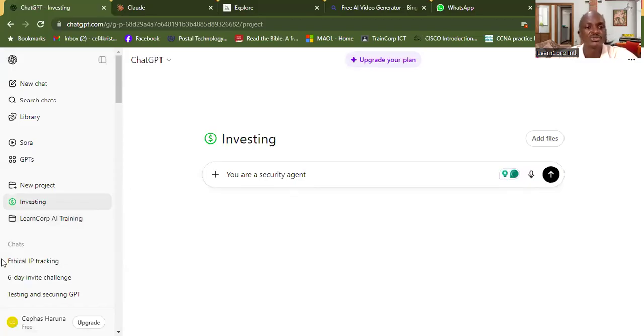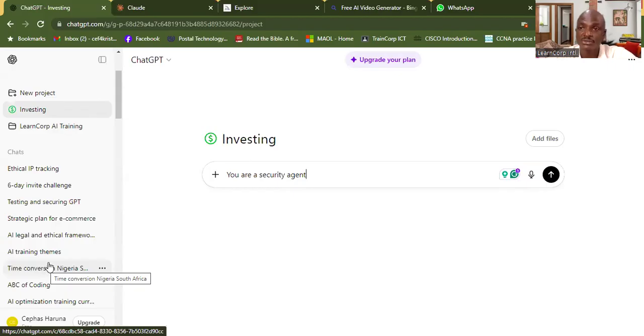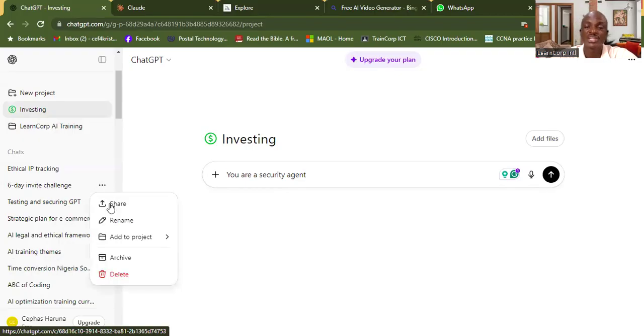All right. So we have some of the prompts right here. Maybe some of them you may still need, some you may not. There are a couple of things you can do. On the right side of each prompt, when you hover your mouse over it, it gives you the three dots for options. On the right side, you click, and you can share this whole